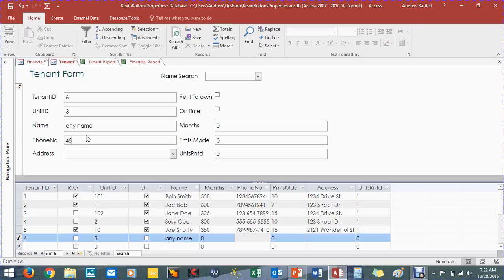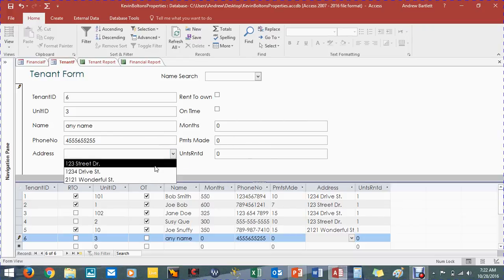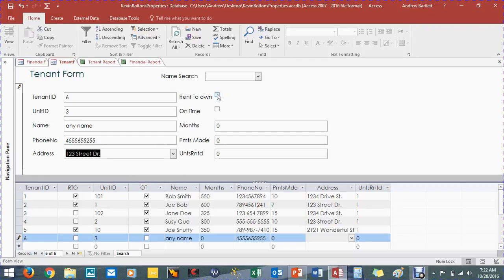phone number, just any number, address, and we're going to link it by, let's see, what address do we have here? Prior, 123 Street Drive. Okay, we got that. Let's say it's already rented to own. It's already on time, so he's not going to be buying it. And it's calculated by months,